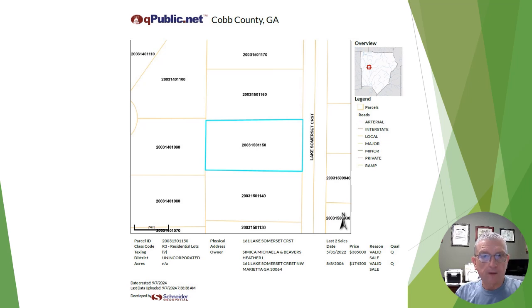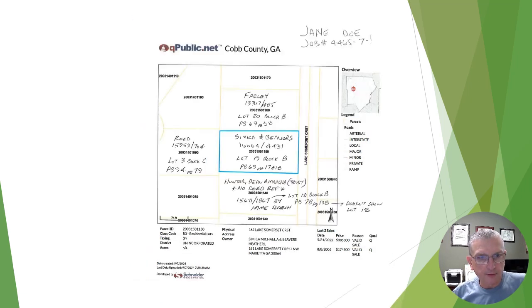Now that we're going to be compiling data and gathering it, we have to know what we're gathering before we can compile it. This goes back to the QPublic page, which I have printed without the aerials. This is just plain. This is just how it comes off. And it typically will show the subject property highlighted by this blue box. And this is the same thing with my handwritten notes. So for organizational purposes, I call it Jane Doe, our client. Job number